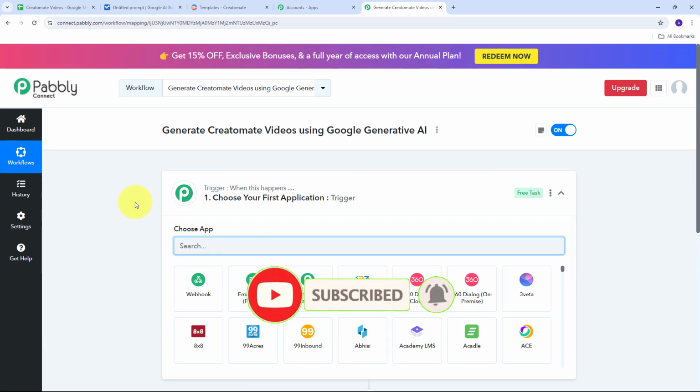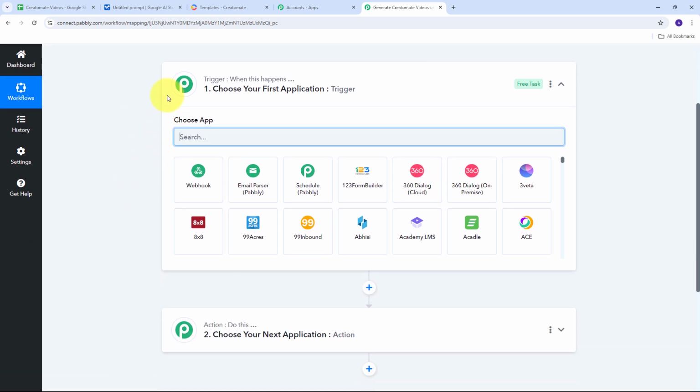And this will take us to this most important window of our workflow. Here we have two boxes, trigger and action. So these are the two main principles on which our workflow works. Trigger says when this happens, action says do this. So trigger is going to be the first step that will get executed in our workflow, and action is just